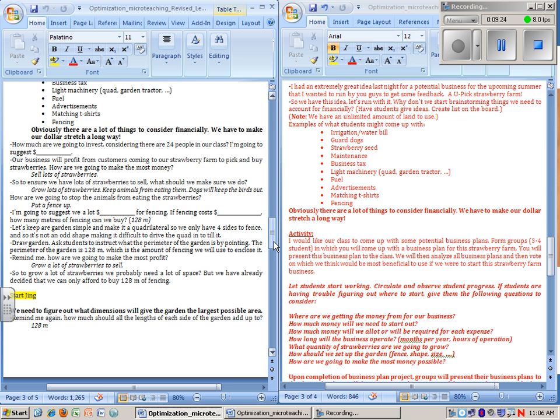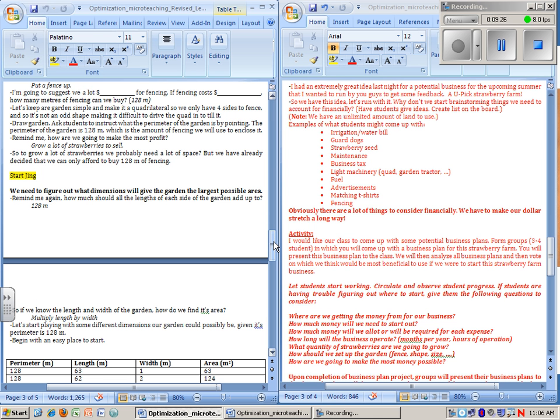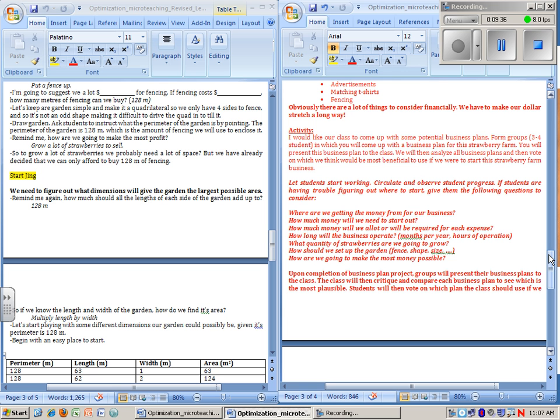rather than the teacher presenting them with, like Allison talked about, we just want to do the fencing, as you can see with the table here. But we wanted students to come up with things like fencing, the list up here. We wanted them to come up with all of this stuff, and they could dive into it. They would be the ones to talk about advertising, fencing, seeds, stuff like that.